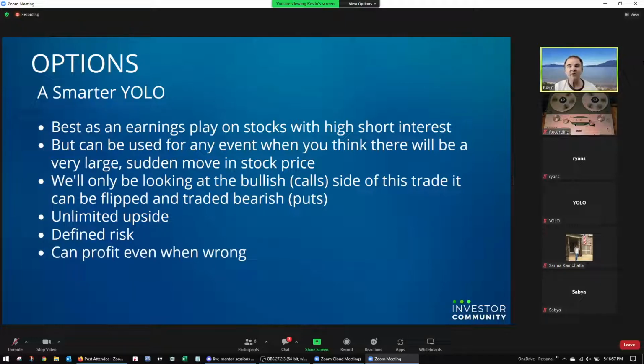We can profit even when we're wrong. Okay, so let's say the company has earnings. Obviously, we want the stock price to go high and get a short squeeze going, and it just takes off. That's our win, right? That's our home run. But what happens if earnings comes out and the stock price goes down? Well, if that happens, we can actually make a little bit of money. Not much, just a few dollars, but maybe enough for dinner. But yeah, we can make money when we're wrong with this trade. And that's always nice too. That's how we get paid to play this trade.